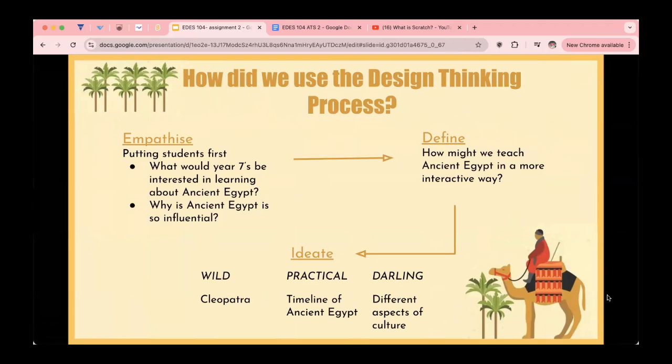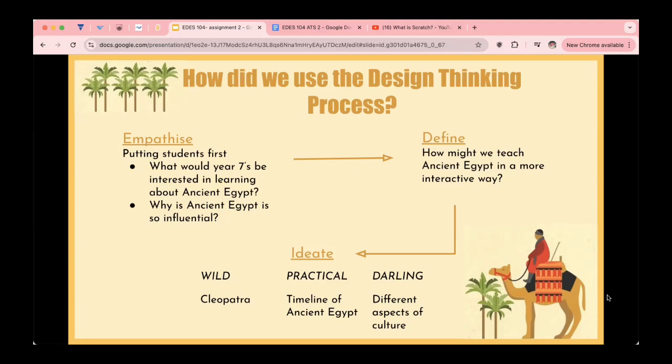So through this, we developed questions like, what would Year 7s be interested in learning about ancient Egypt, and why is ancient Egypt so influential? Next, we defined a problem for us to work with, which was how might we teach ancient Egypt in a more interactive way? Now we've reached the ideate stage, and collectively we brainstormed different content focuses and ways to present them,